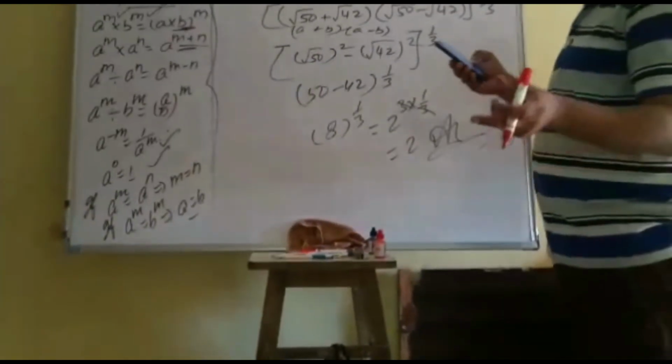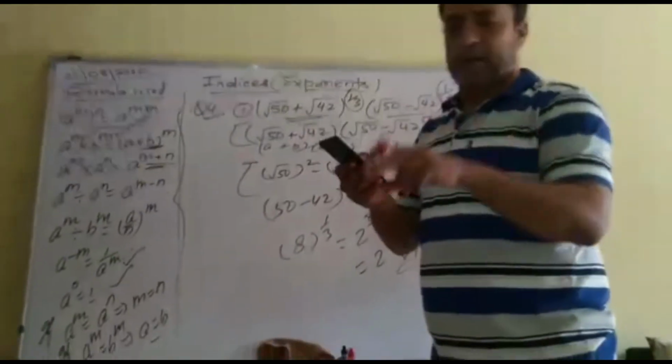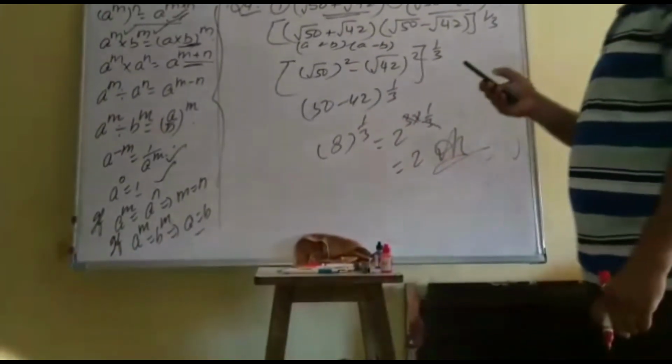Only do one thing. Look, root 3 plus root 52 is given, so you have to exchange it: root 52 plus root 3. Then you will get it easily. That is (a plus b) into (a minus b). Look at the third part of this question.